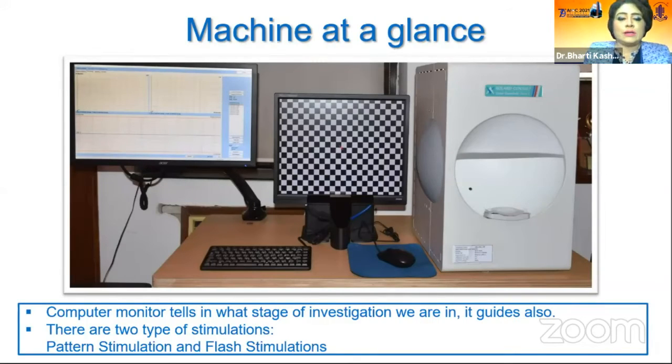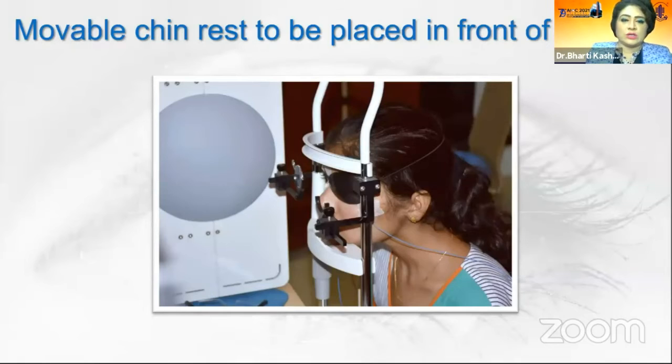Now, the computer monitor tells us in what stage of investigation we are in. This is the machine at a glance. You can see it, and the computer monitor guides us also. You can see there are two types of stimulators, pattern stimulator and flash stimulator. You can see the checks are the pattern stimulator and the Ganzfeld bowl is for the flash stimulation. The mobile chin rest is to be placed in front of the monitor,